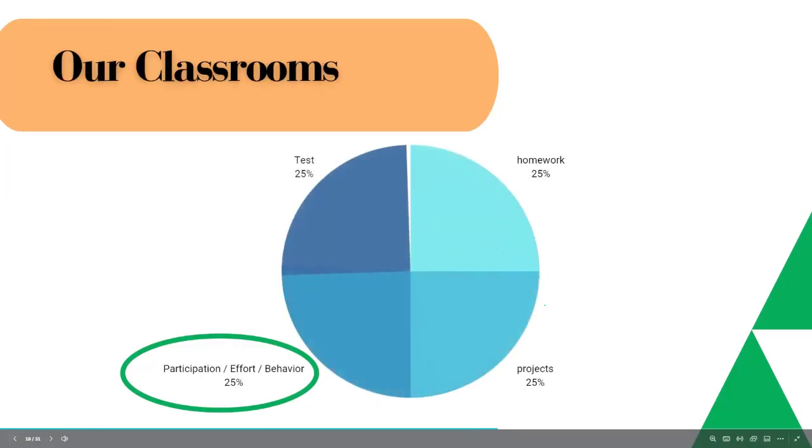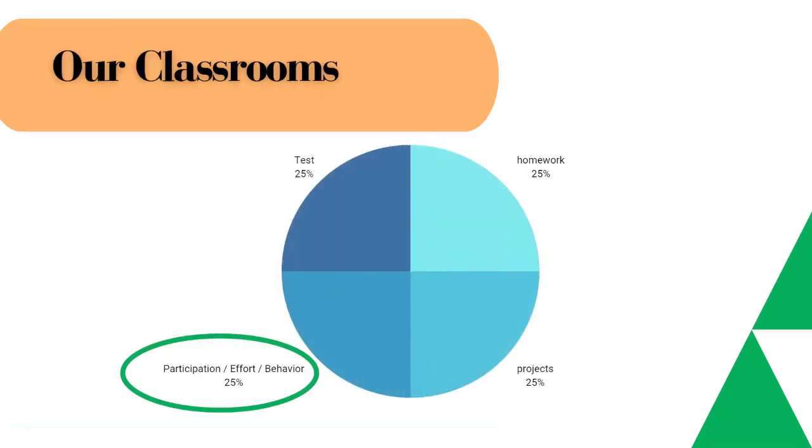Sorry. Right. What our classrooms look like. This is just the main idea, what most of us are doing. We have a grade for tests, homework, projects, and then we have some type of grade for what we call participation, effort, behavior. The problem with this, Stiggins says, is that